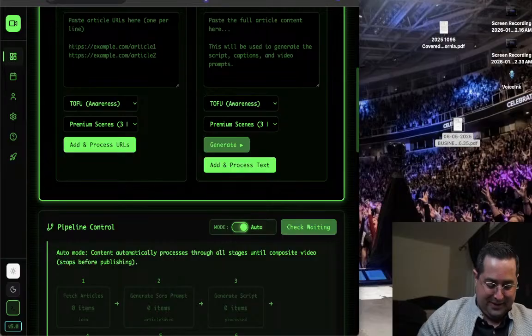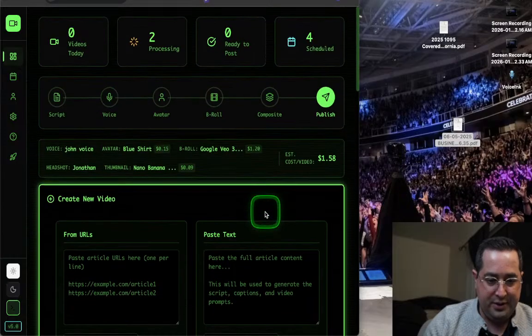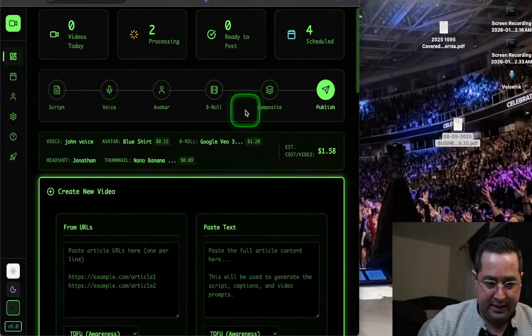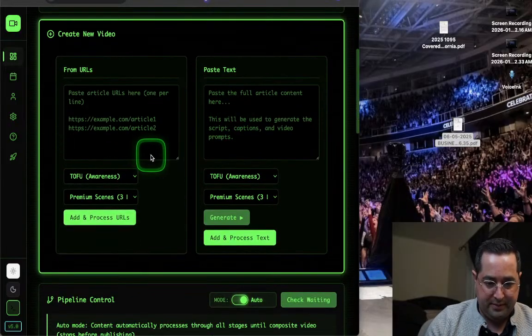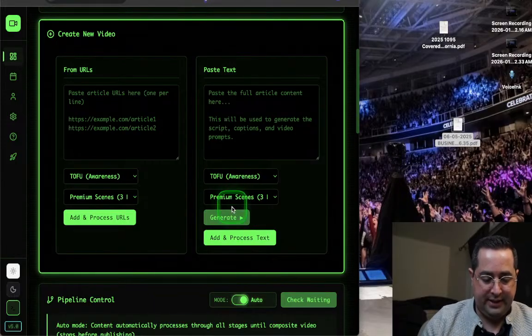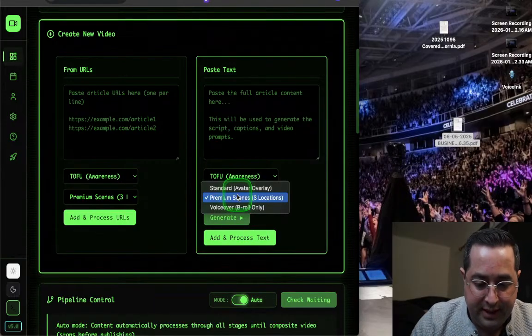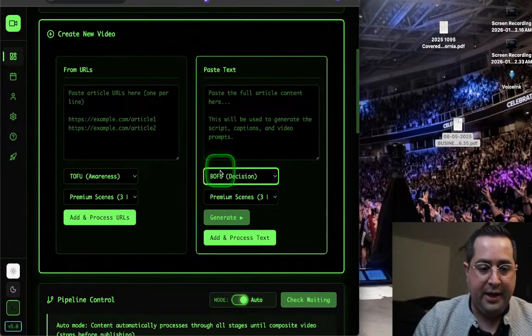All right, here we go. We're going to go through the process of everything. Everything should be loaded technically. So here's the cool thing. When it comes to content, all you have to do is click premium for the scene. I want the premium scene. We're going to do bottom of funnel. And you know what? Let's get some